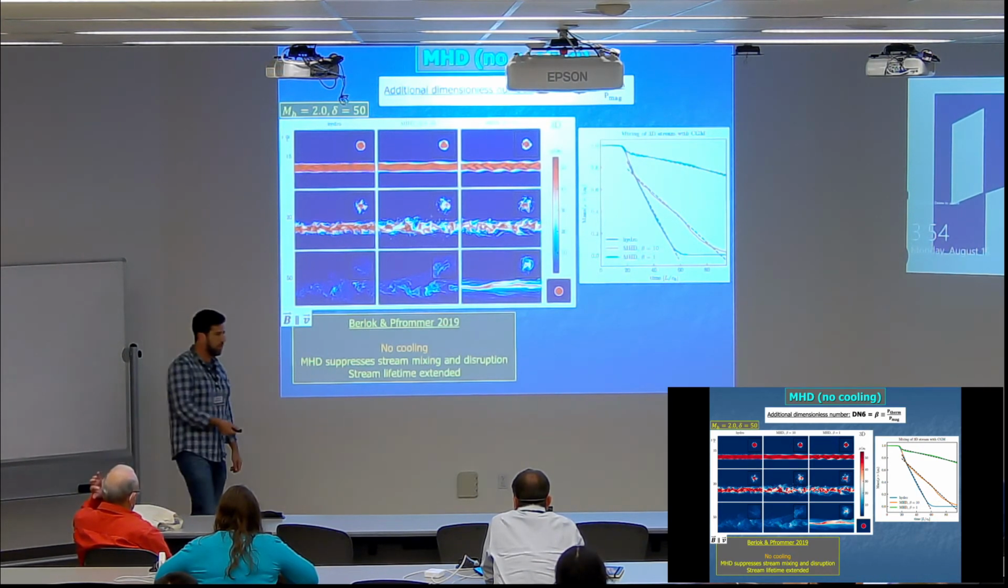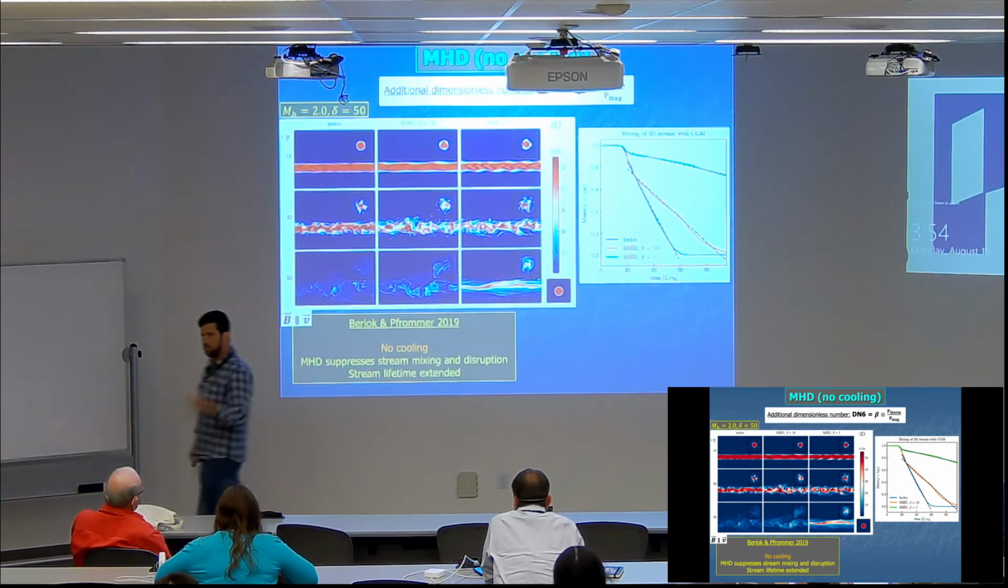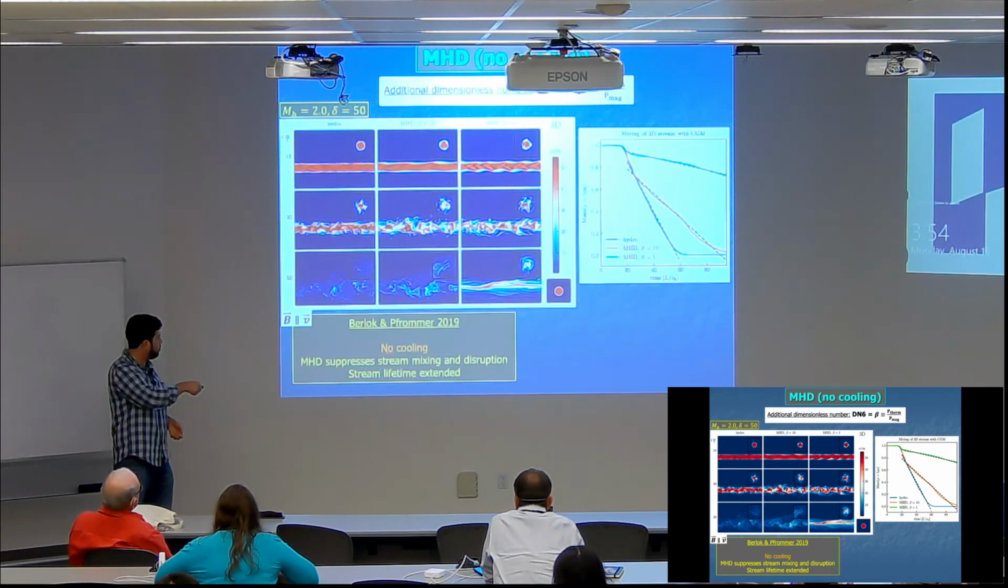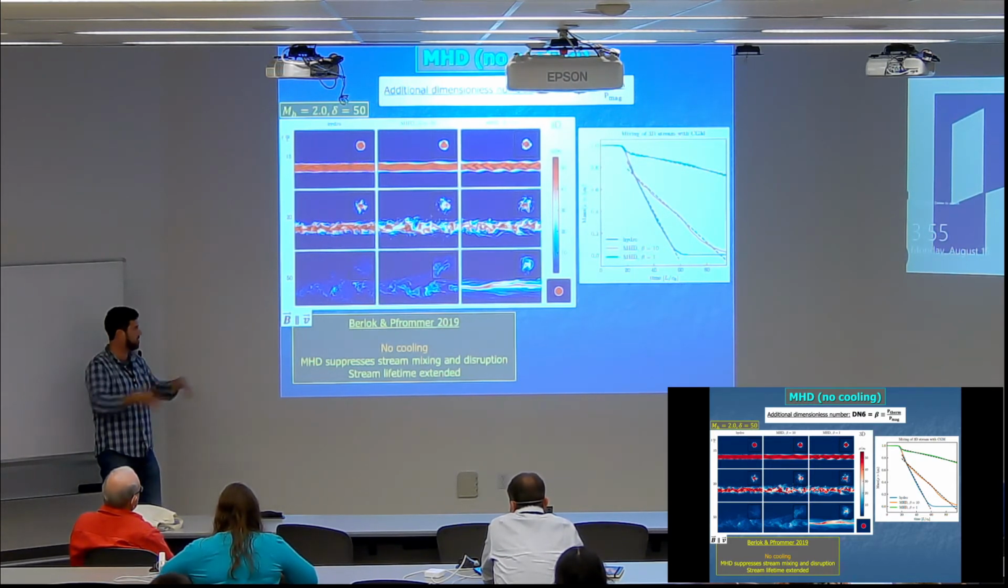When you include magnetic fields, you have to add a sixth dimensionless parameter to the problem. It's the plasma beta parameter. It's basically the ratio of thermal pressure to magnetic pressure. And what these authors found in 2019 without cooling, so with MHD but without cooling, is that MHD suppresses the mixing of the stream into the CGM,